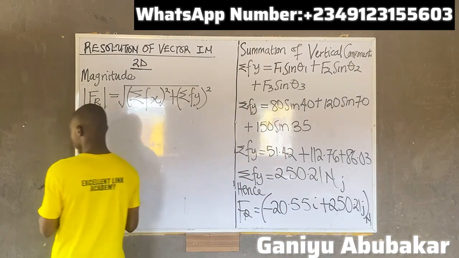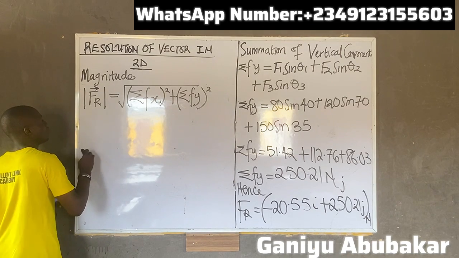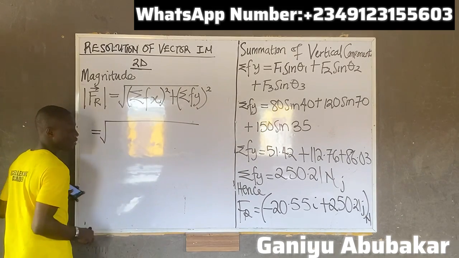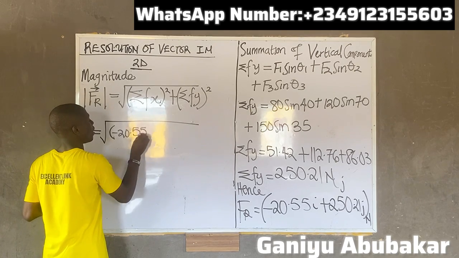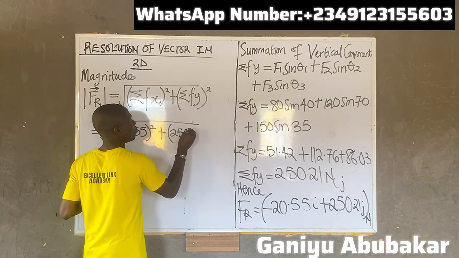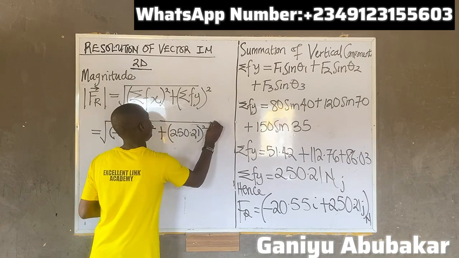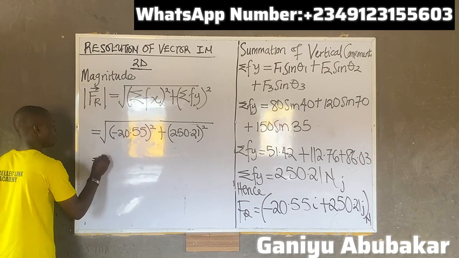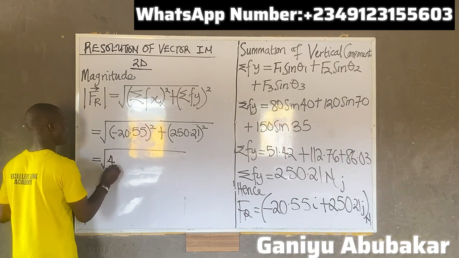Putting values, perhaps in vector point 1, 2. This one gives you square root of f of x, that's negative 20.55, all squared, plus f of y, that's 250.21, of course, all squared. All right, let's get the value here. This is equal to the square root of, if I take this stuff and square it this way, I'll have